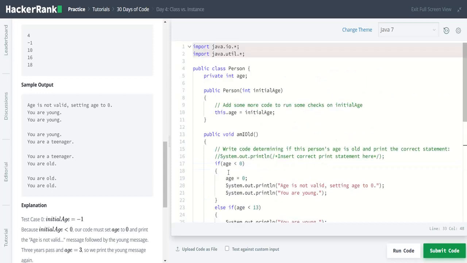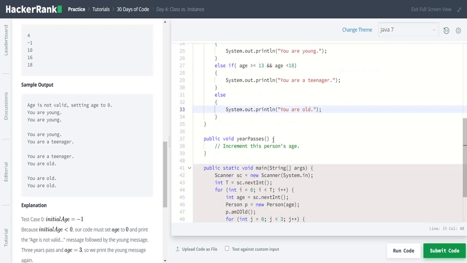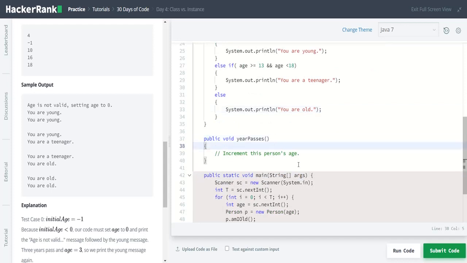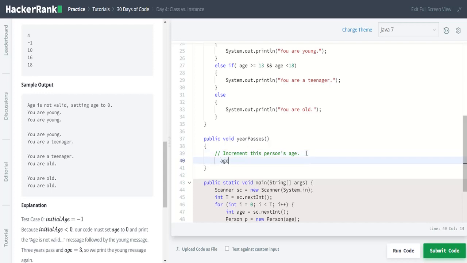So this finishes the method amIOld. So next is the method yearPasses. Here we can simply type age++, so it will increment the age.